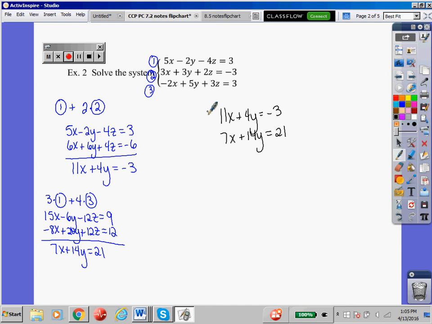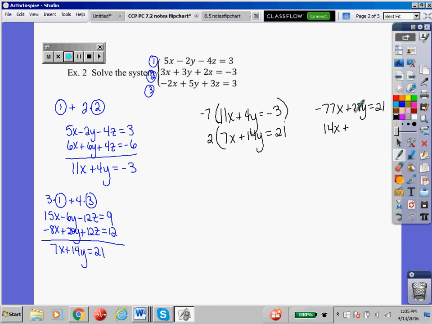I can take the top row times negative 2 and the, not 2, sorry. No, I want to do the bottom one by 2. I'm going to make these 28, okay? And I'm going to do the top row by, how about negative 7? That'll do, right? That's negative 28y and a positive 28y. This is not the only way to do it, but that's what I see. So this becomes negative 77x plus 28y, positive 21,